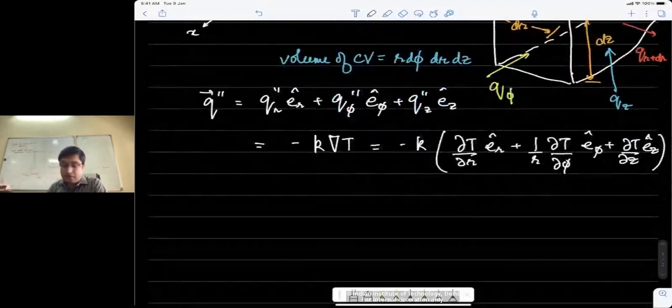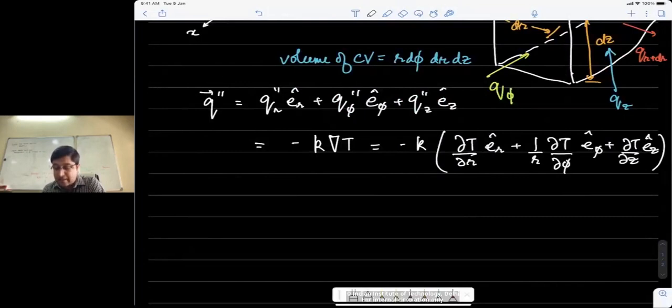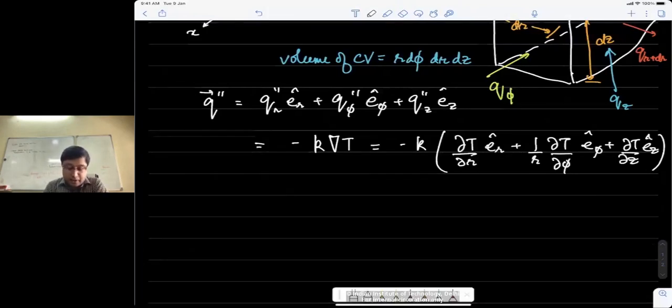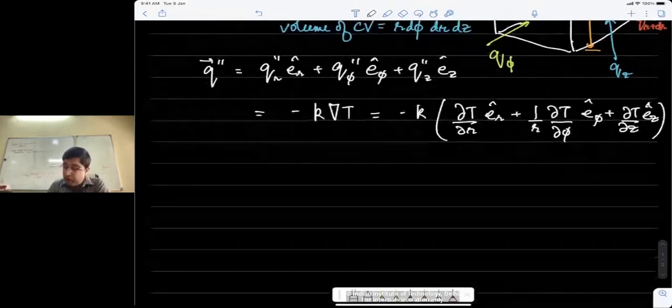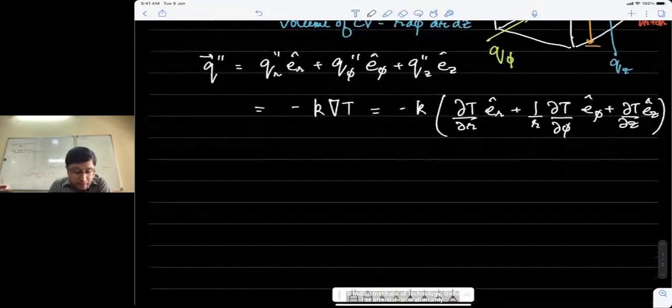So that would be the definition of the flux vector. And then of course I can say q double dash r is minus k dT dr, q double dash phi is minus k by r dT d phi, and q double dash z is minus k dT dz. So if we begin with this definition and we apply the conservation equation, what we will finally get,